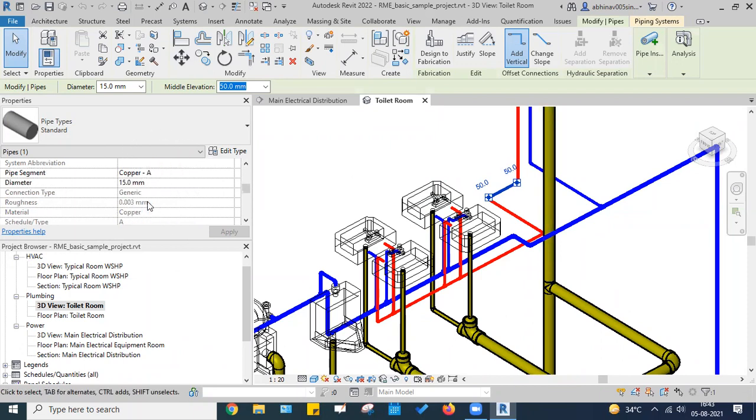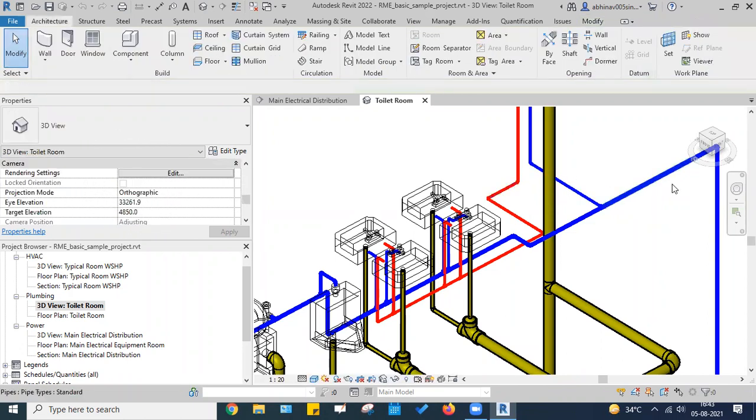Pipe segment copper A. Diameter is also given. Flow is given. What will be the flow? Phase and everything. And where is the material? Material is there, copper pipe. Okay. And if I select this one, the blue one,